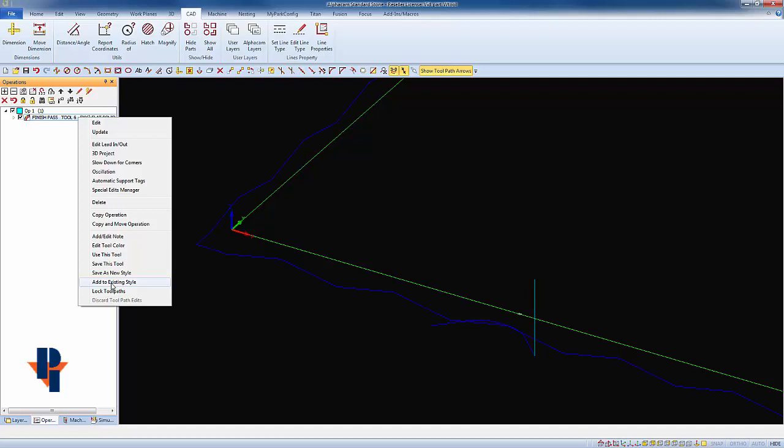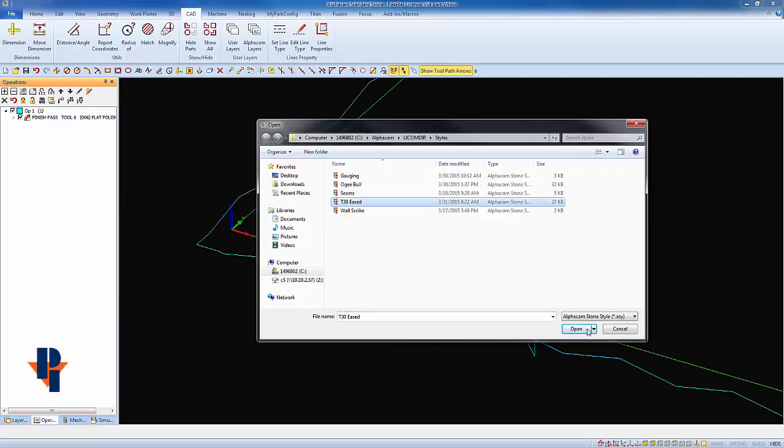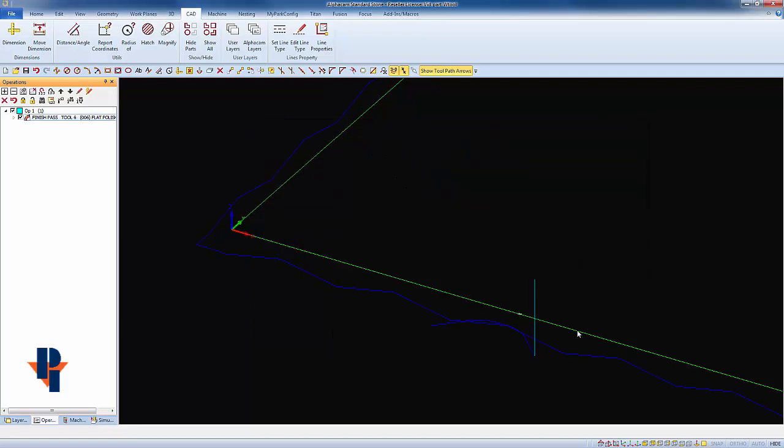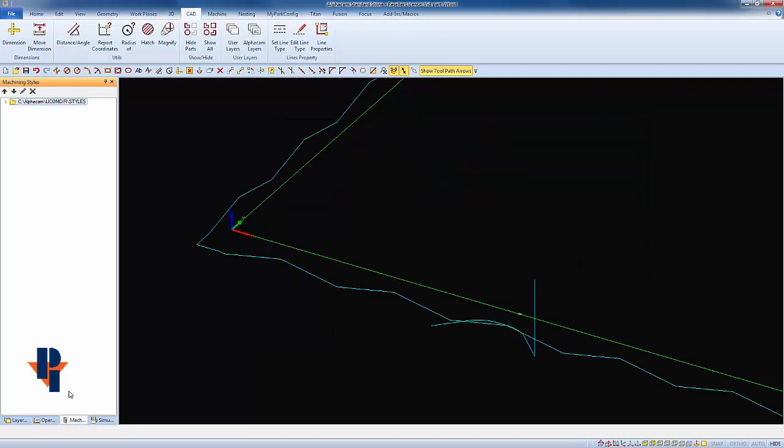In this case, as I mentioned in the beginning of the video, I'm going to add this into our T30 style. I'm going to select my T30 and click on open. At this point now, in my T30 style, I should have a new operation at the end of it. This obviously isn't where I want my polish to run, so I'll highlight it and arrow it into place. I'm going to use that flat polish instead of my position 5 polisher,